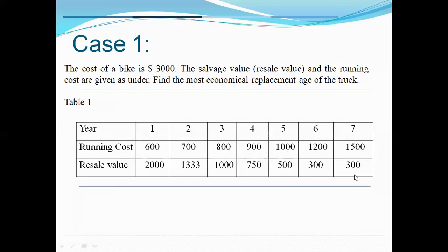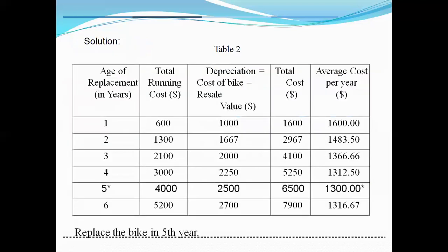So depending upon these criteria, we have to formulate the solution, and when it has to be replaced we have to give a justification. So considering the tabular column, we have the age of replacement, starting with the first year,